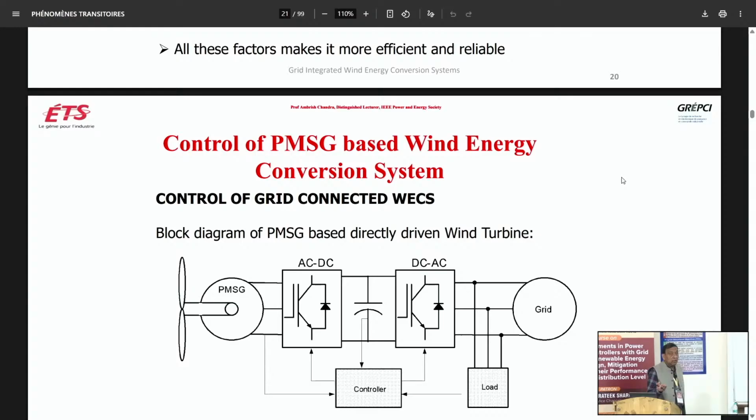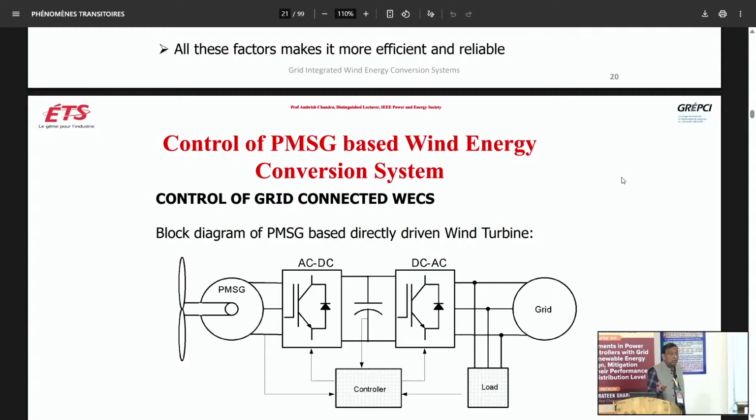Another 20% comes to the blades. And if you come to the generator, it is 8 or 10% of the total cost. So the generator is not that costly relative to towers and blades and those things. But anyway, still you have full size